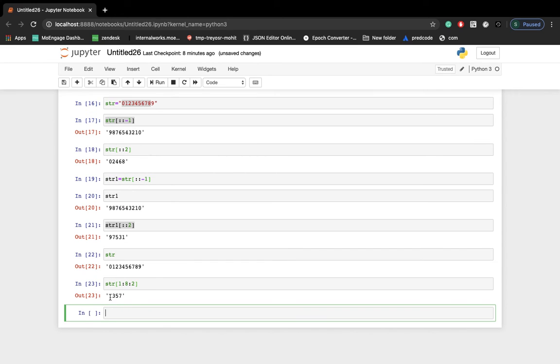It will give 1, then 1 plus 2 is 3, 3 plus 2 is 5, 5 plus 2 is 7, till 8. 9 will not be there because it is returning in the interval of 2. So this is all about indexing.